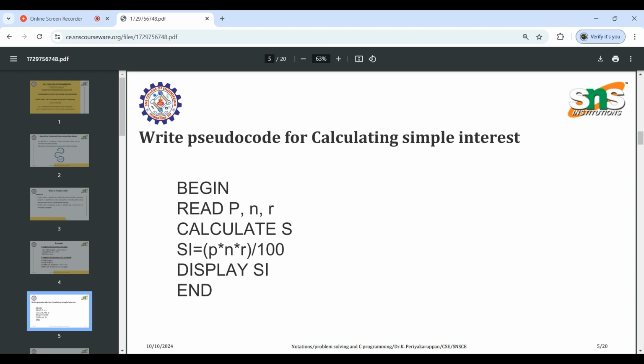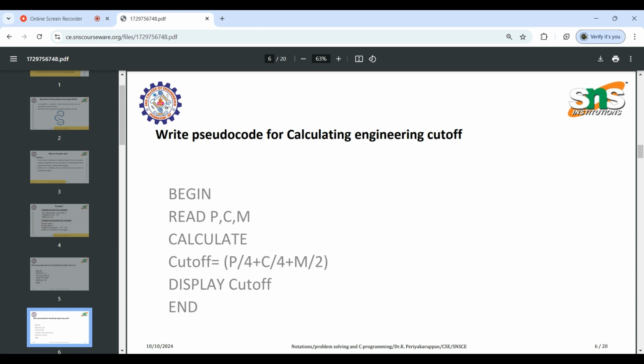Begin, read P, N, R, calculate SI is equal to P N R by 100, display SI, end. Write pseudocode for calculating engineering cutoff. Begin, read P, C, M, calculate cutoff is equal to physics by 4 plus chemistry divided by 4 plus math divided by 2, display cutoff,